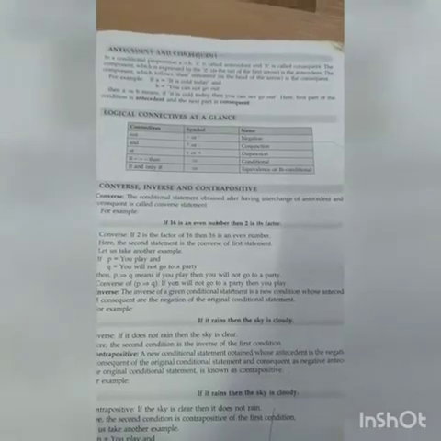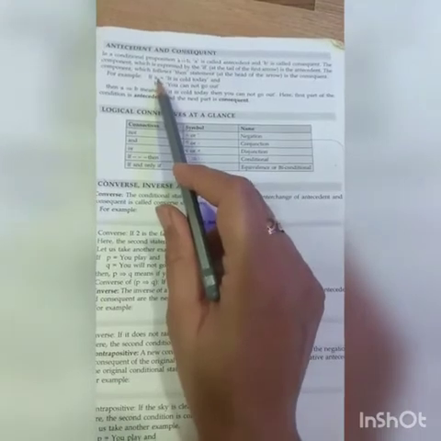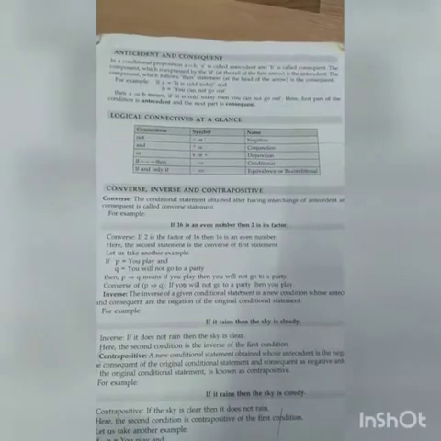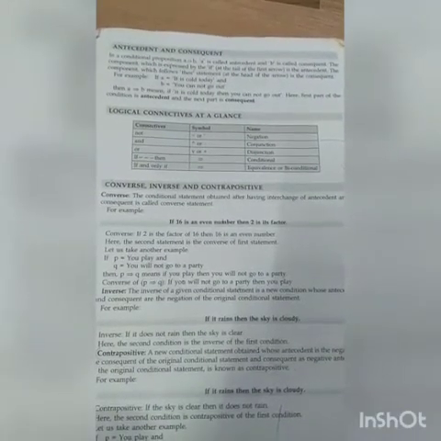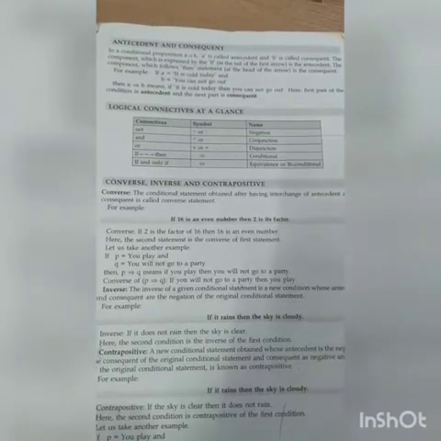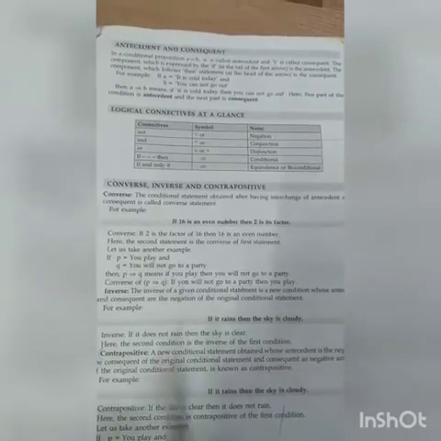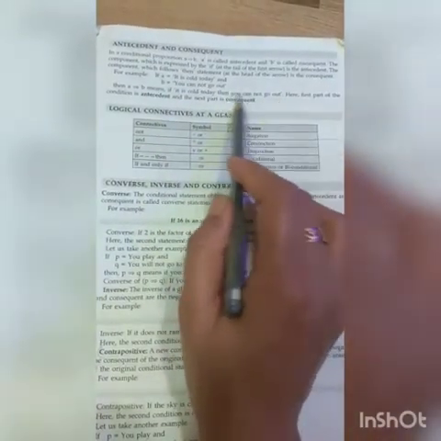So when we are writing in statement form, let us have the example. A is the proposition which says it is cold today, and B is the proposition which says you cannot go out. So when we apply implication to these two statements, that is the antecedent combining with the consequent, the final answer will be: if it is cold today, then you cannot go out. So the first part is known as the antecedent and the second part is known as the consequent. I hope you have understood antecedent and the consequent.